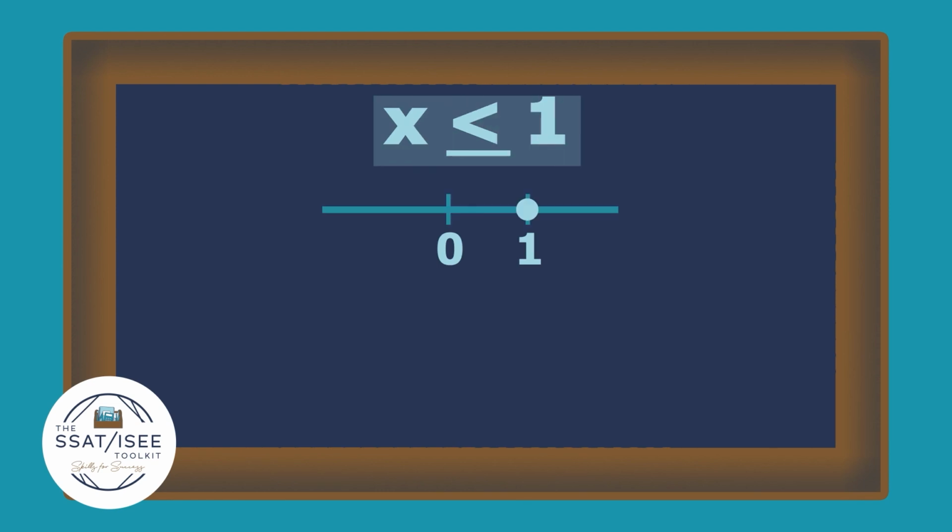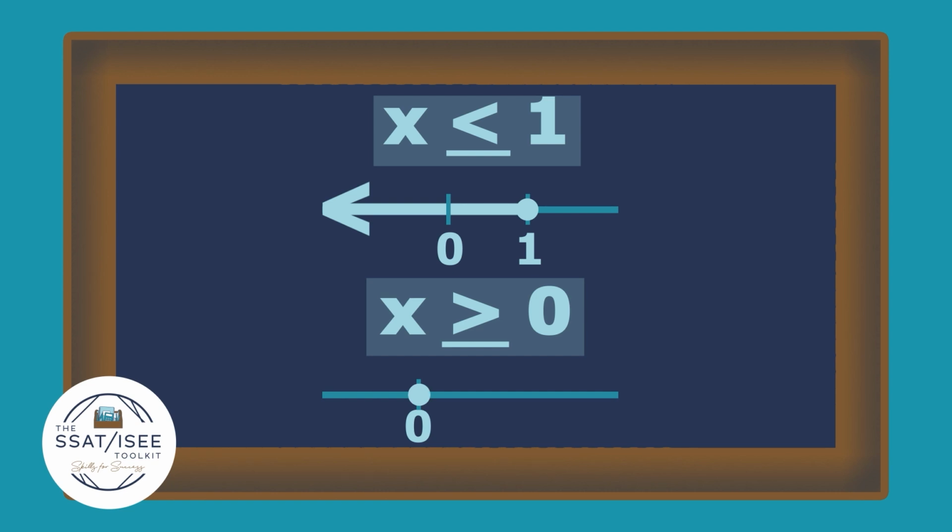In the first example, x is less than or equal to 1, 1 is included, so it is drawn with a closed dot. The line then proceeds to the left of the 1 to indicate all of the possible values. In the second example, x is greater than or equal to 0, the 0 is filled in and the line